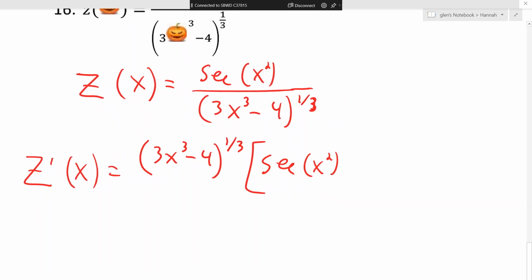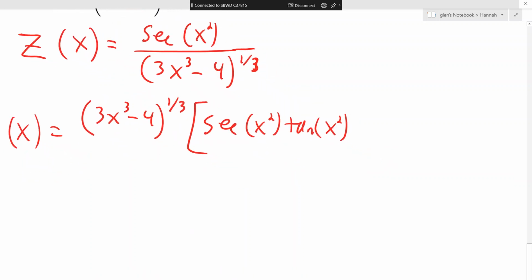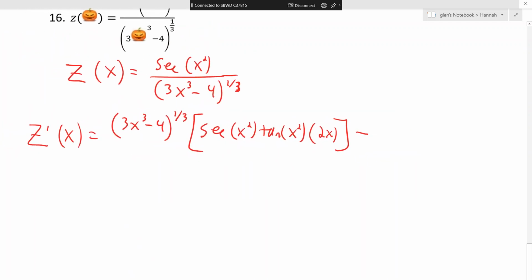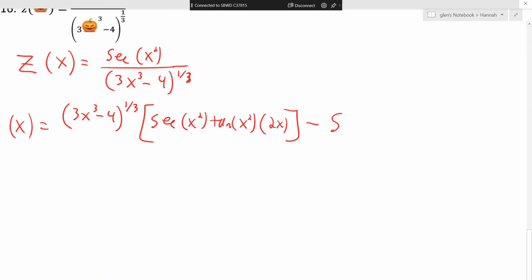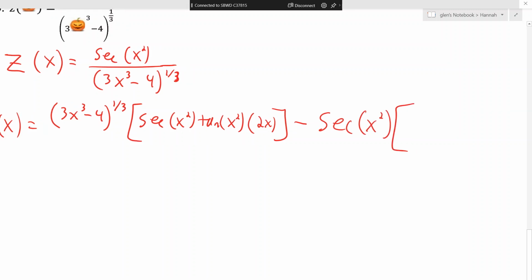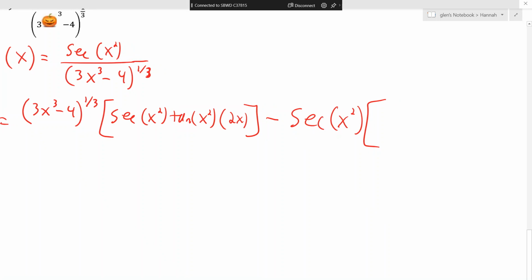So when you derive that, you're going to get secant tangent. And then we multiply that by the derivative of the inside. So that's low d high right there. Then we're going to write the numerator, which is secant of x squared, and derive the denominator, which is power rule. That's something to the 1/3 power. So you're going to get 1/3 this thing to the negative 2/3